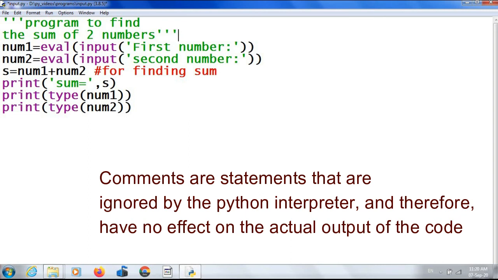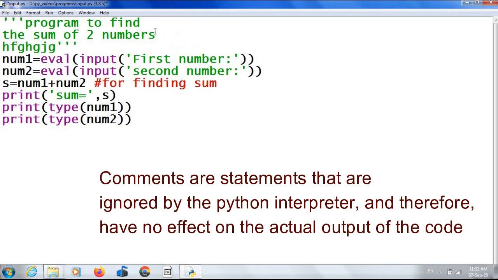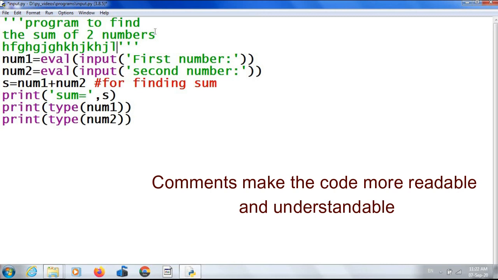That is, if your comment lies in more than one line, you can use triple quotes for that. Triple quotes at the beginning and at the end. If one more line is there, you can give it like this. So comments are statements that are ignored by the Python interpreter. And these comments make our program more readable and understandable. That is, anybody can understand my program and the intention of each code.